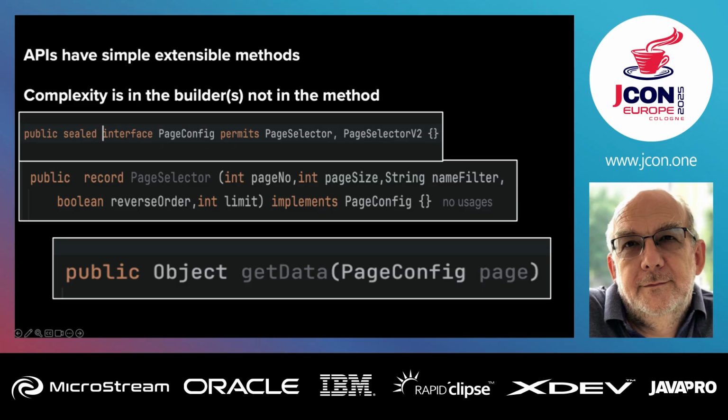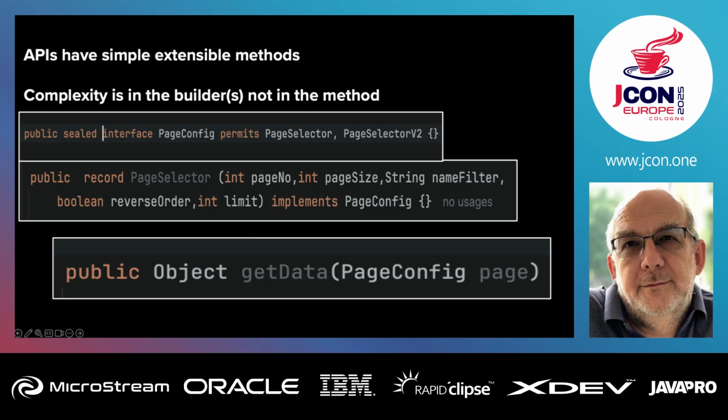If things get really complicated, then you can start building complicated things like this. So sealed interface PageConfig permits PageSelector2. What's going on? So I have a record. New thing, record, right? And the record has a bunch of fields, and it implements PageConfig. So I have a record that implements PageConfig, and then, rather than have a getData or whatever method with 10,000 parameters, and now I want to add another one, which is a usual place of breaking,